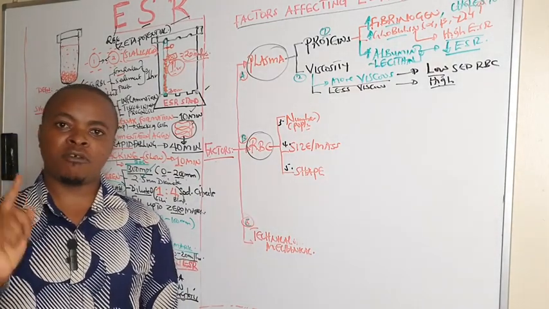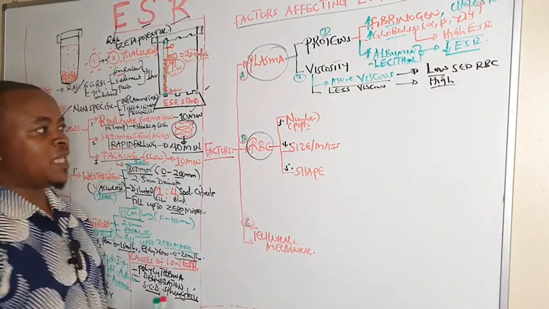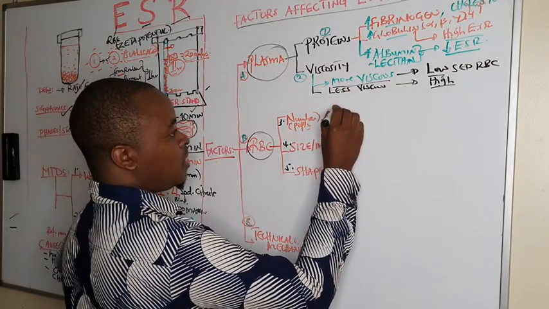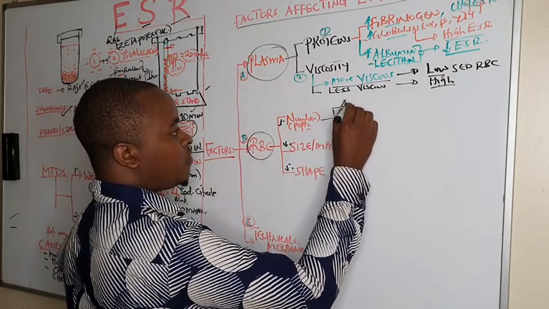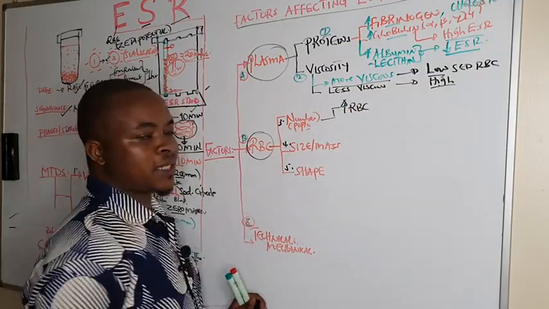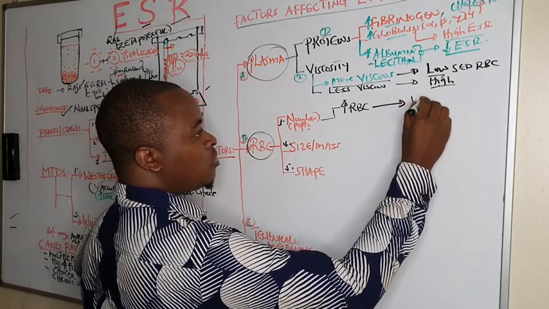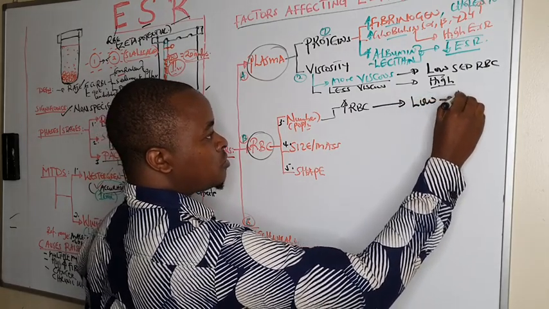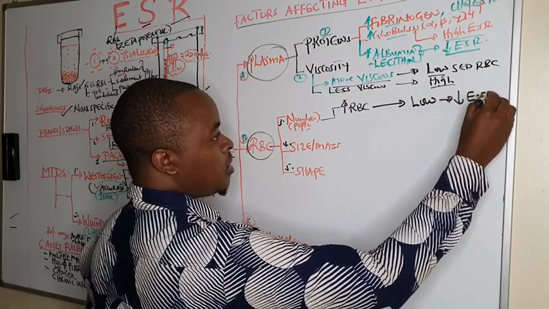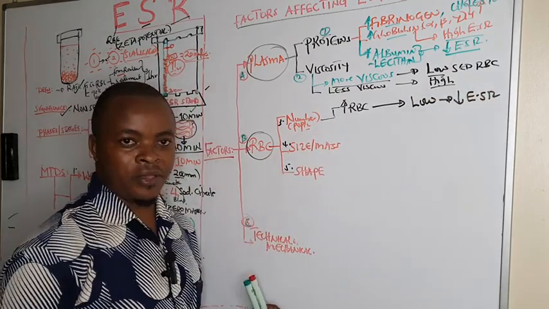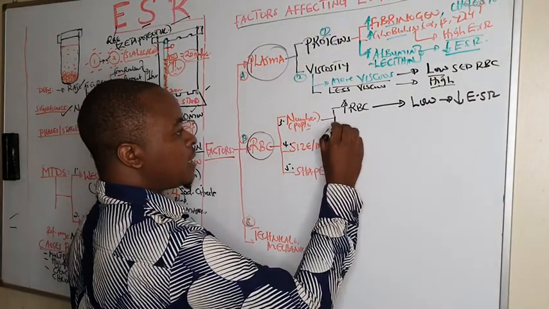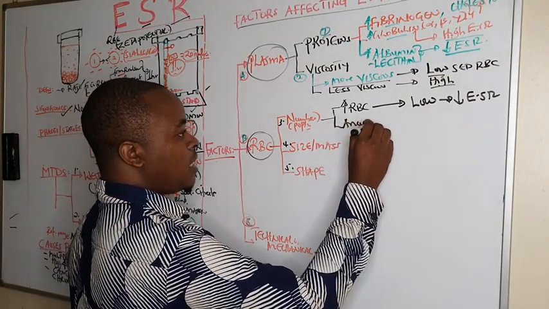So about the number of red blood cells. If someone has a high number of RBCs, which we call polycythemia, the rate of sedimentation is going to be low, hence leading to low ESR results. That is in polycythemia. But if someone is anemic, anemia means